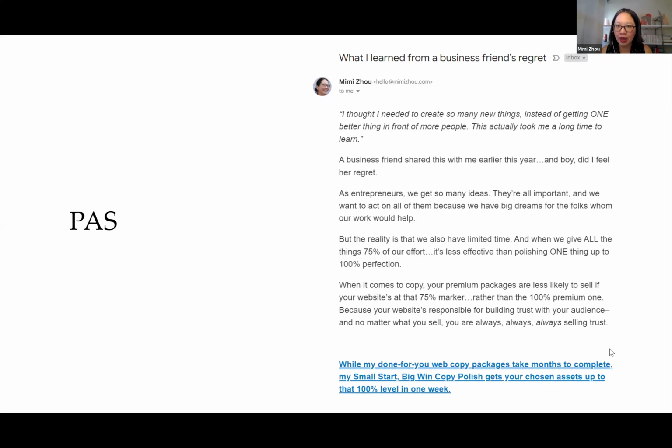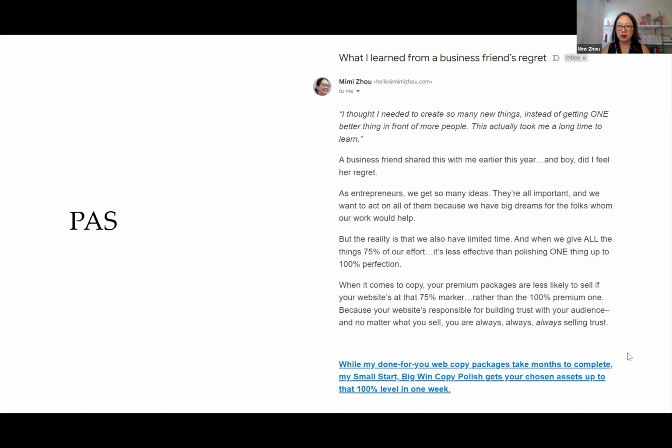Okay, so then this introduces the solution, and this email goes on to talk about the solution in more detail and what people get. So here you see the PAS framework. There's not a big list of pain points. Honestly, when I see those big laundry lists of pain points, it makes me feel so bad that I probably bounce. If someone is bouncing from your email up here and your link to your offer is down here, they don't make it down here. So that's why, when you're doing pain and agitation, it's important to be specific and hit that one nail on the head. You don't have to hit a bunch of things.